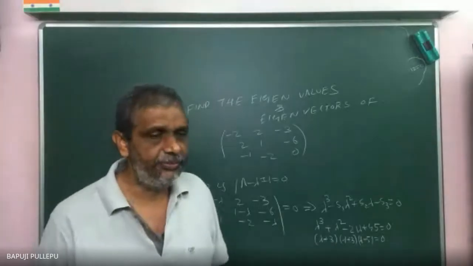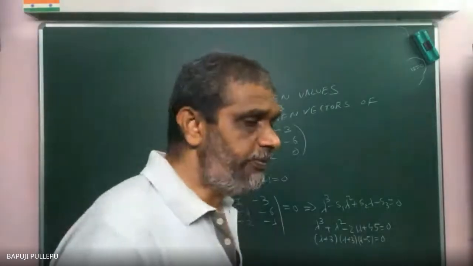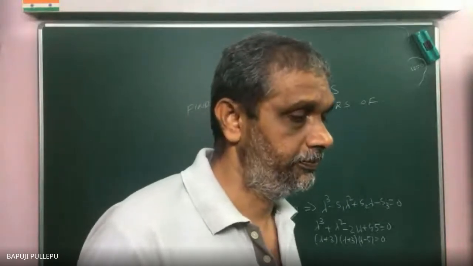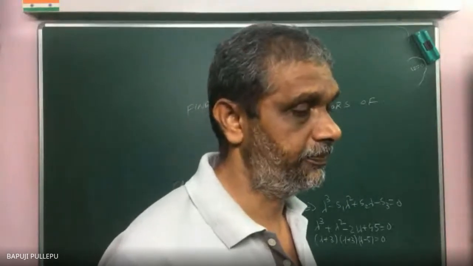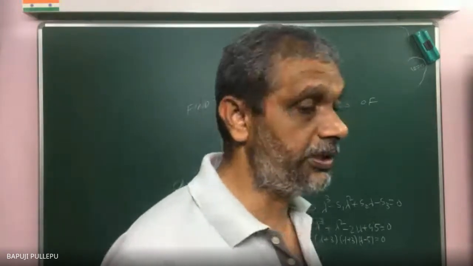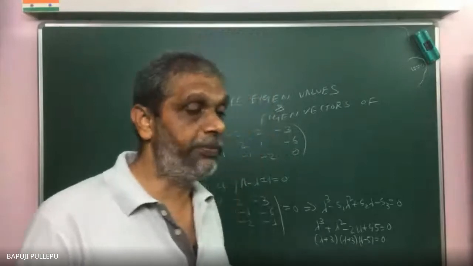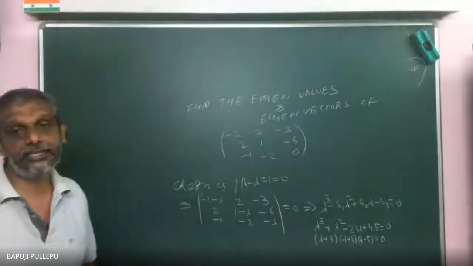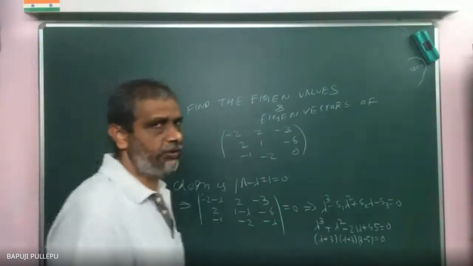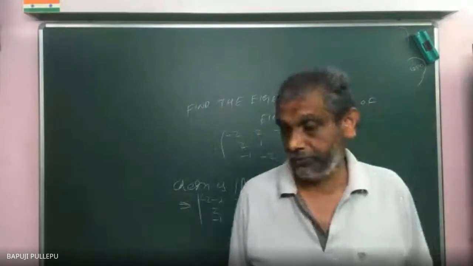Yes, sir. And have you studied symmetric matrix? A matrix is said to be symmetric means what? Just recall. Any matrix can be written as the sum of a symmetric and a skew-symmetric matrix: half into open the bracket A plus A transpose, A minus A transpose. A plus A transpose is the symmetric, A minus A transpose is the skew-symmetric. Already you have done this in 10th standard or plus 1, I don't know. Somewhere you have done it, no doubt.